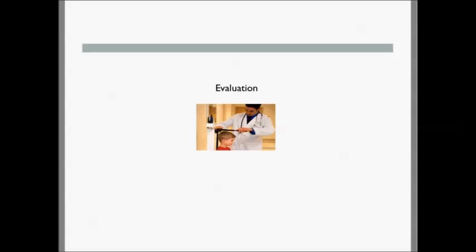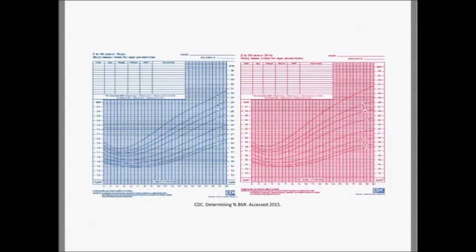Okay, so those are the basics. Let's talk about evaluation of an obese child now, obese or overweight. Many of you are familiar with these charts. These are percent BMI charts that are used to calculate what is termed percent BMI for children. Now, in adults, we have body mass index, but that's because our growth has been completed. With children, we have this growth potential, so we have to do it based on their age. There's a separate chart for boys and a separate chart for girls.